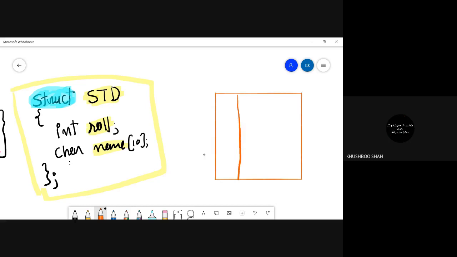And name will occupy, to store the name, how many bytes do I need? 10 bytes. Perfect. So let's assume that here we have a 10 byte location, and this is the roll number, meaning two bytes for the integer. So this is the roll location, and this will become the name location, and here you can store your data, and this structure will be referred to by the name STD.